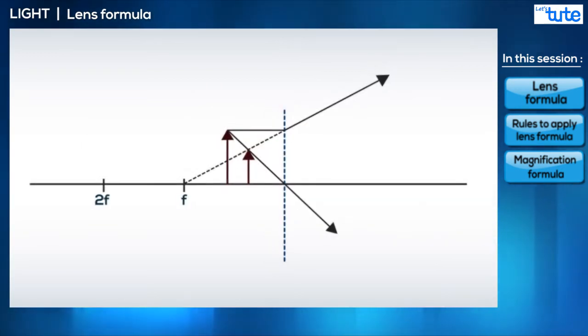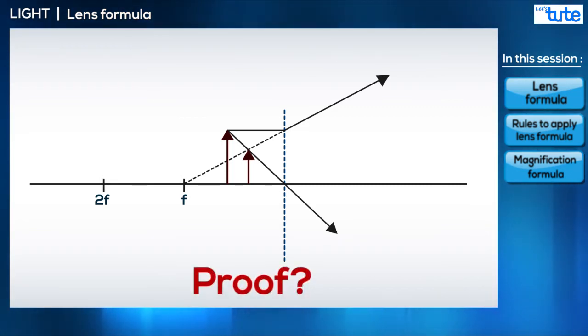Now if we look at the other scenario where the object is placed between the focus and the optical center, again, one ray is diverged from the focus while the other goes through the optical center, and thus again we have a virtual image between the focus and the optical center, which is diminished. So hopefully now I have convinced you, but this is still not a proof.